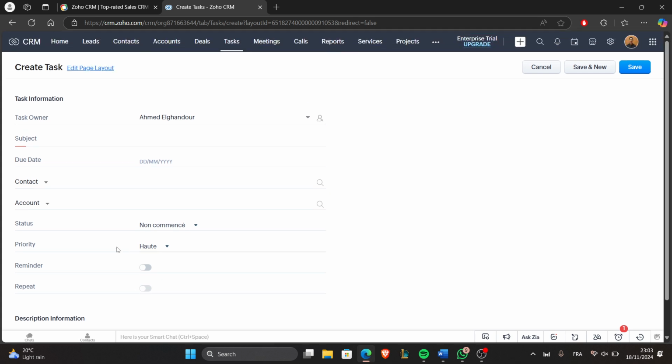After that, enter a title for your task and set a priority level. You can choose either high, medium, or low, and then assign the tasks to a team member if you need